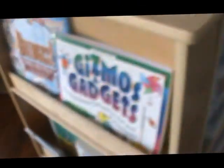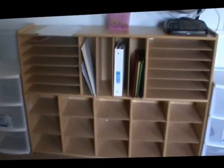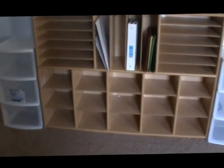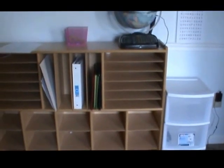Lots more magnets types of things in there. So that's this unit that really is a lifesaver. And this is another area of the classroom. This is not stacked because we have about 2 weeks before we're going to be starting the school year, and I'll show it to you again in a month or so so you can see how we actually do the day-to-day